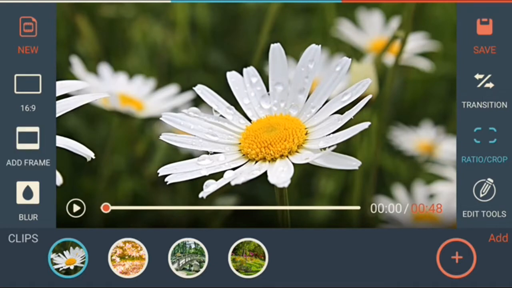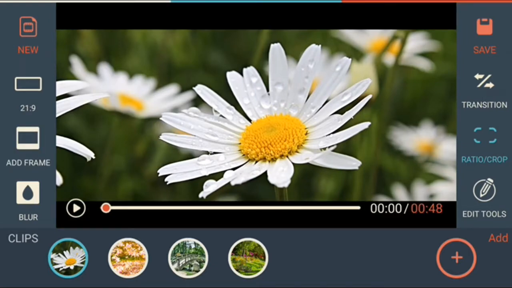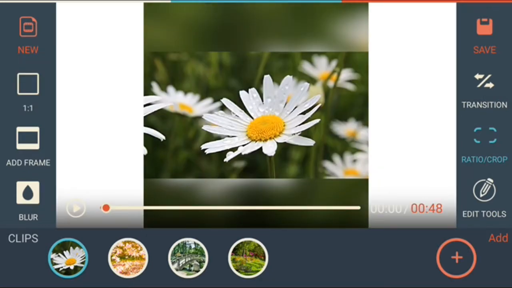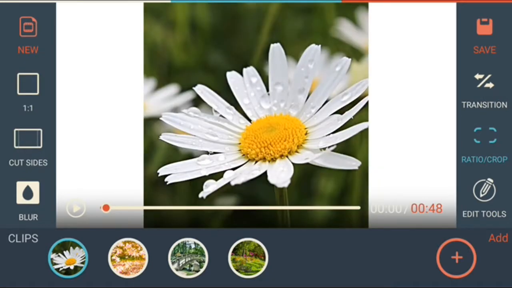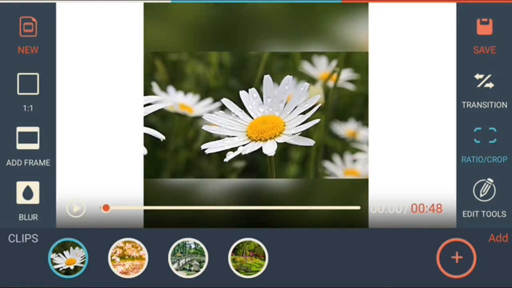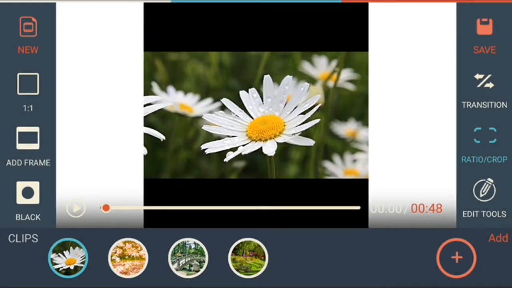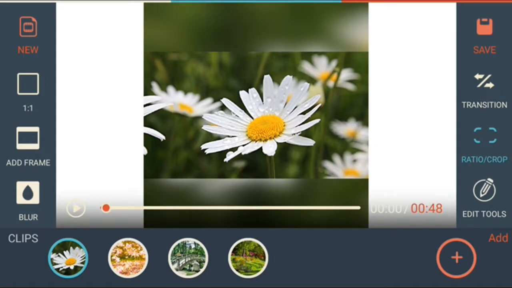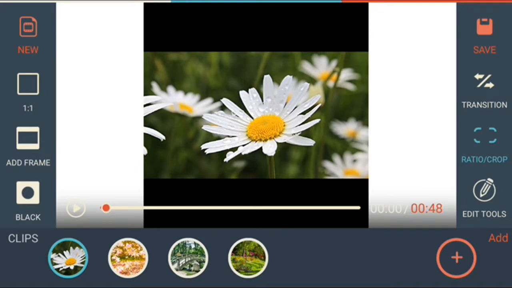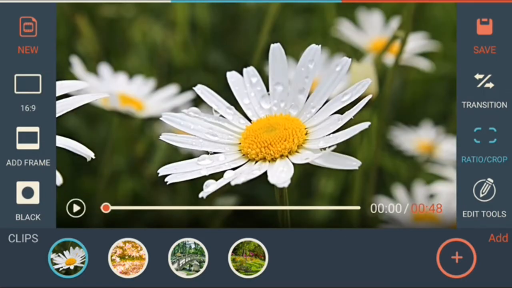Cut sides. Cut sides with a blur. See, this one is with black and this is with blur. You can adjust as per your requirement with the ratio and crop settings.